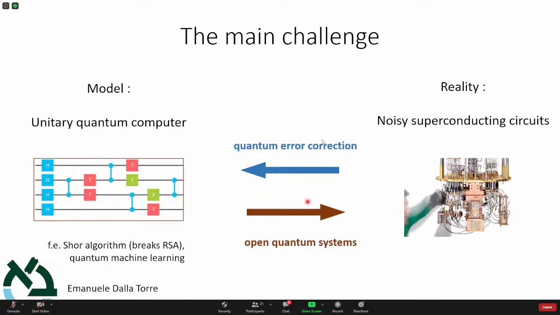And so in particular here, what you really need to study are open quantum systems. Why? Because you need to describe the noise, and you also need to describe the dynamics. What you are doing when you work on a quantum computer is basically taking circuits and applying some microwave pulses. You see all these lines here, all these wires are just wires that bring the microwaves into the quantum computer. So you really have a quantum system on which you apply a drive. It's really an open quantum system, both because there is noise and because you drive it.